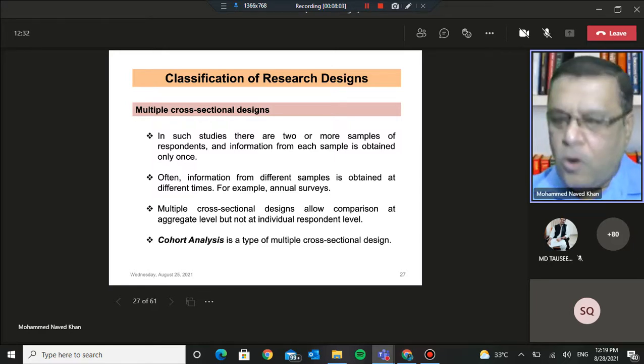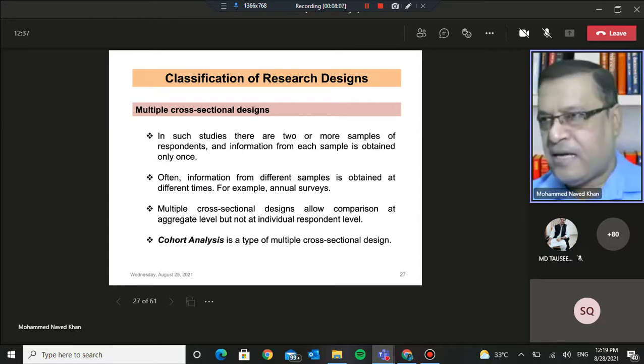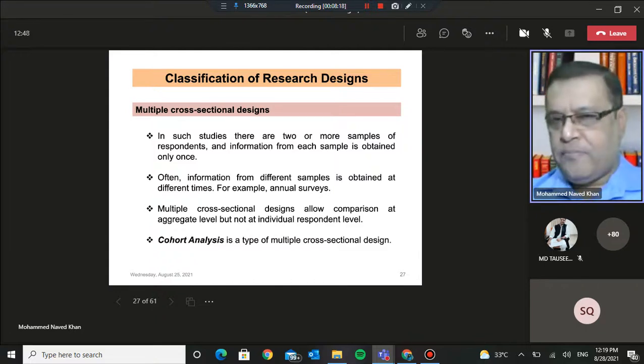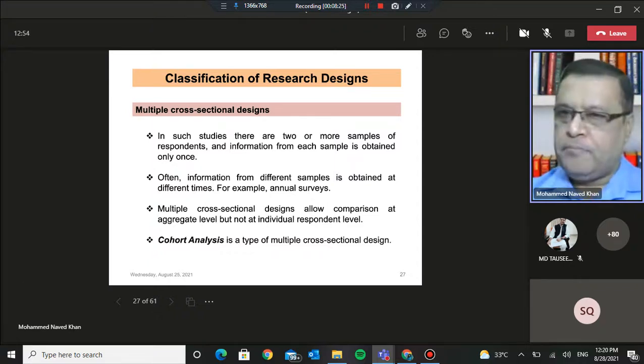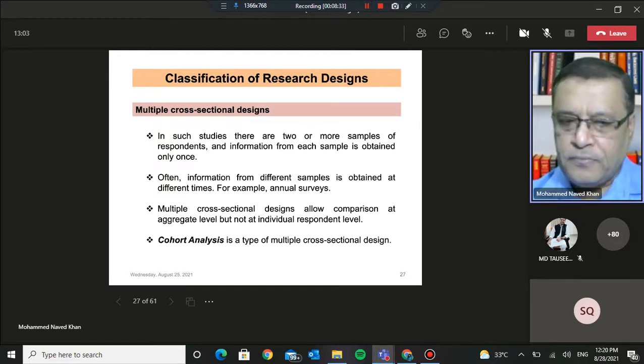For example, you will be representing a cohort, say the cohort that passed out or graduated in a certain year. So you can be approached as a cohort, and whatever emerges from you will provide a picture of what was in the minds, or what kind of attitudes or opinions, management students from similar backgrounds had during this particular year, during this particular difficult phase that we are going through.